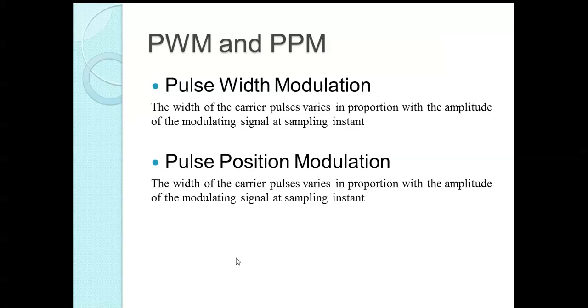Pulse width modulation and pulse position modulation. So this is the second and third type in pulse modulation. We have discussed PAM. Pulse width is where the width changes, and pulse position is where the position changes. In pulse width modulation the amplitude and the position remain constant, and in pulse position modulation the amplitude and the width remain constant. Each definition is vice versa to the other.